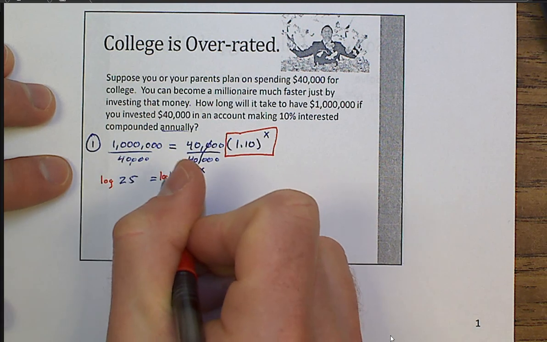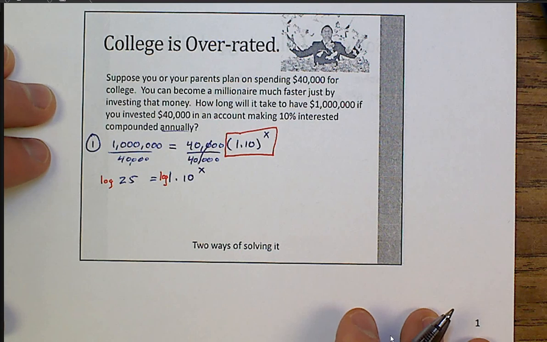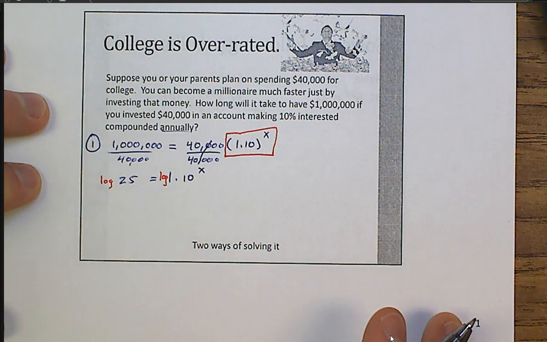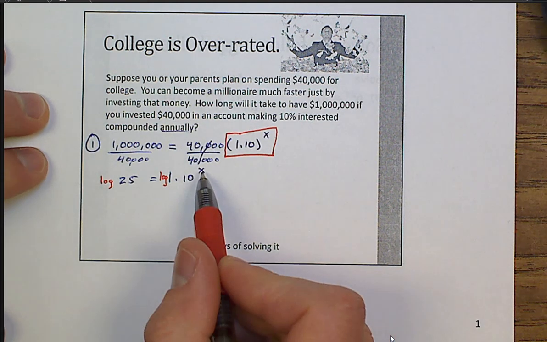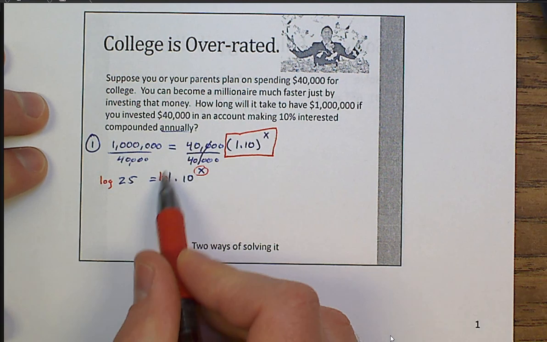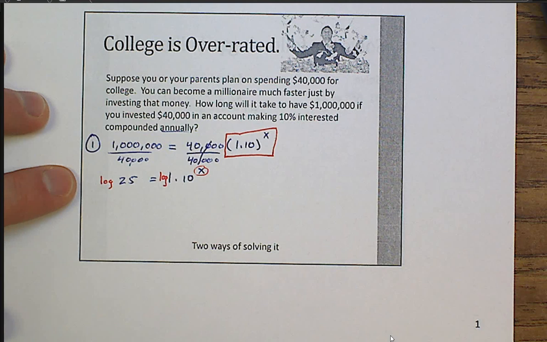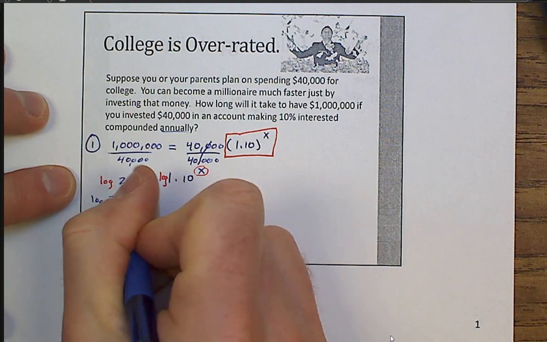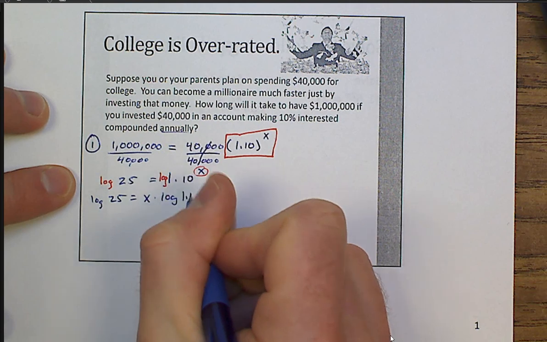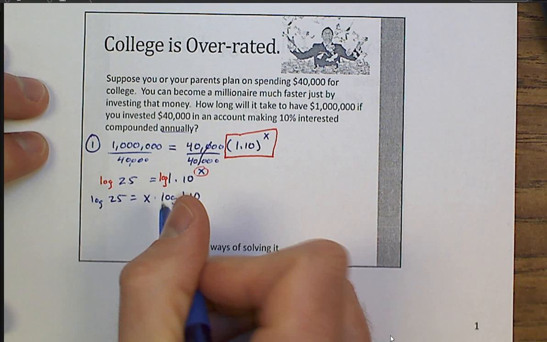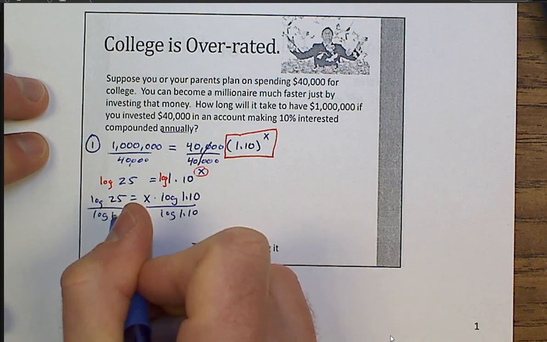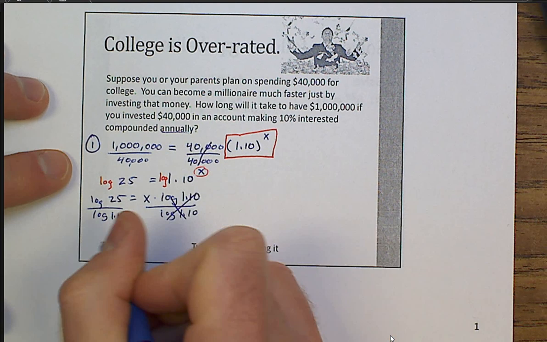This is one way to do this. Okay? So I'm going to log both sides here. And then what I'm going to do is use the power property. Once my logs are introduced, where can this x go? Right? I can expand this. So now I have the log of 25 equals, bring that x out front, x times log of 1.10. And now I can solve for x. I can divide both sides by log of 1.10. My logs cross out here, and I'm left with x equals,